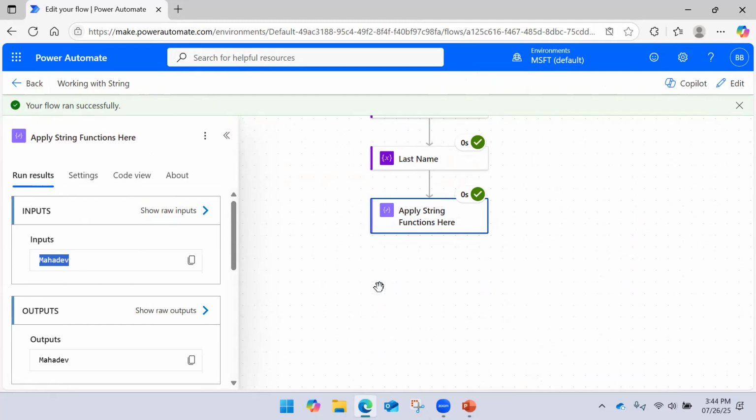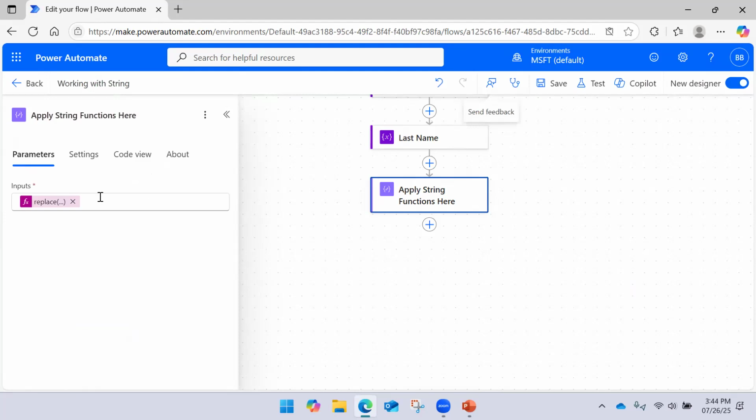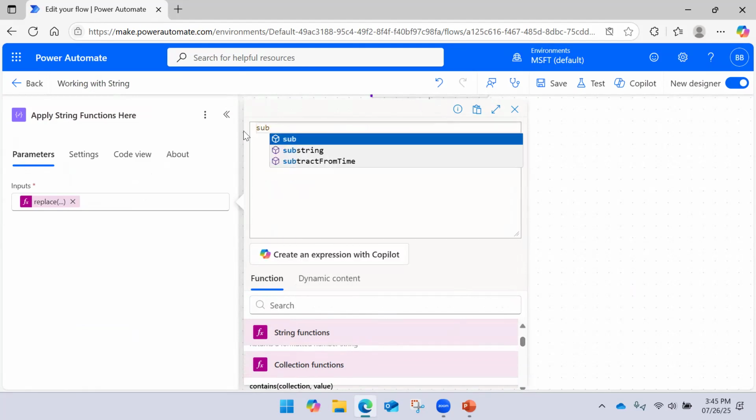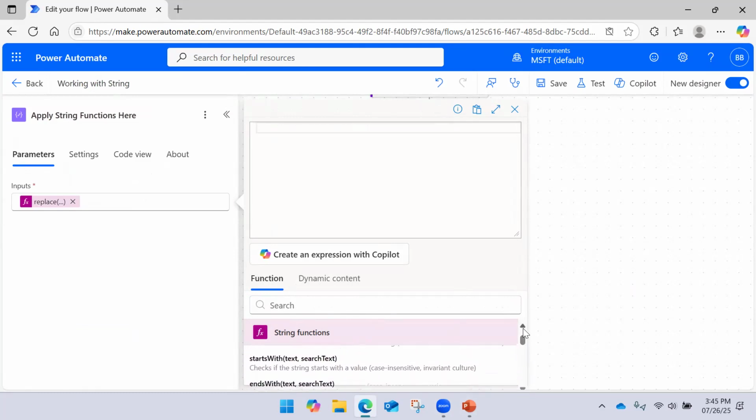So this is how the function called replace we can use. There is something called substitute also. So that function may come a little bit later. Okay, but let me show you. It might be a chance that this function, okay, substitute is used, meaning I can say substitute is not supported, looks like. But if I say substitute, okay. So this substitute function is not supported in Power Automate Cloud Flows. Okay. So next, we will see only supported functions here, right?